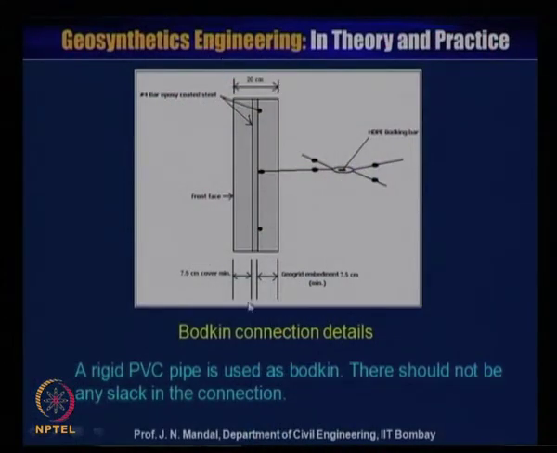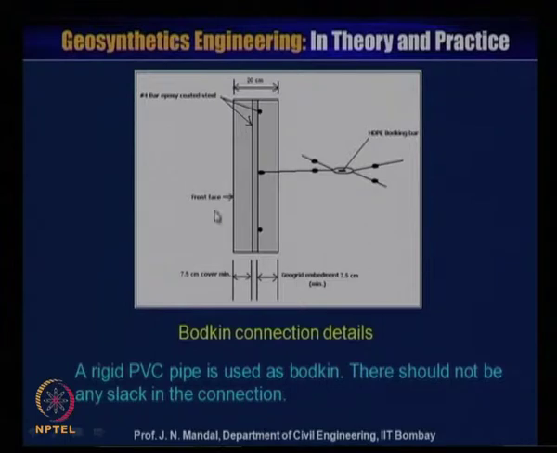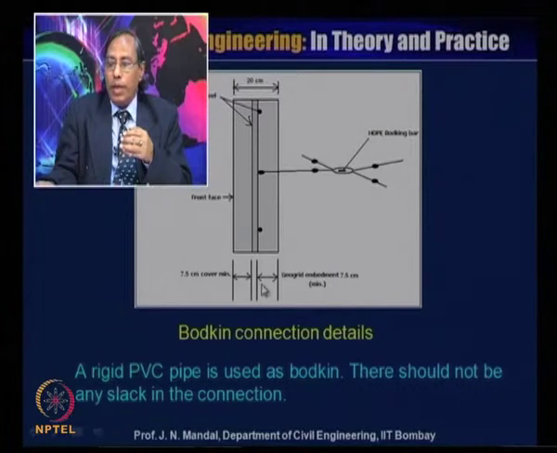Here you can see this is the 4-bar concrete epoxy coated steel, and this is 20 centimeter, and this is the front face, and this is 7.5 centimeter cover minimum required, and this is the geogrid embedment 7.5 centimeter minimum required, and this is the high density polyethylene geogrid material, which is away from the facing element about 30 centimeter,